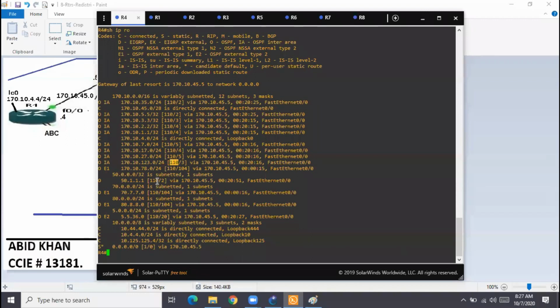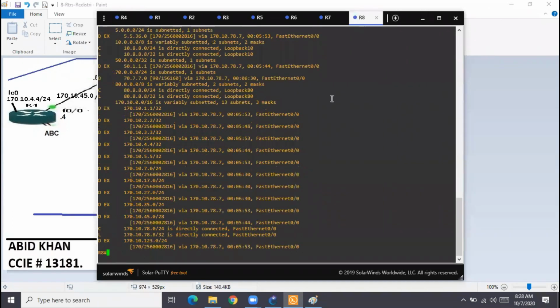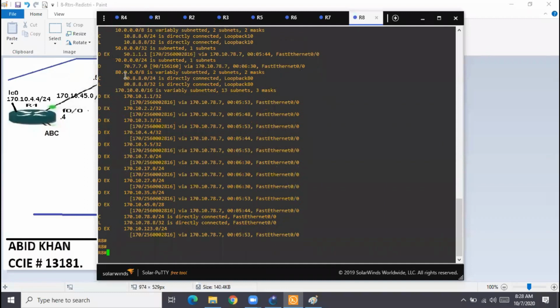And what about the external routes? Their administrative distance is also the same, 110. No difference. But if you go to R8, which is EIGRP, it is receiving an internal route with administrative distance 90, whereas all the external routes have, by default, 170. So in EIGRP, this is the difference.